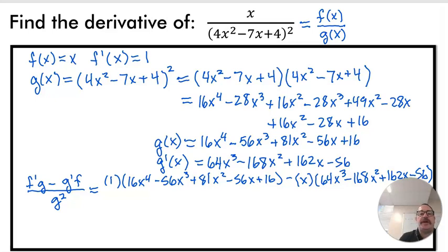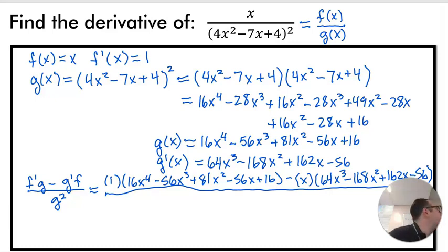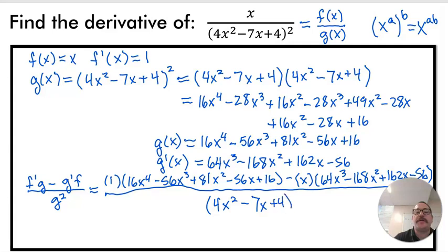So what happens when you square a square? What would your exponent be? Is it that you add them or multiply them? You multiply them together. So in our denominator, g is already 4x squared minus 7x plus 4 quantity squared. So remember from your exponent rules, when you apply an exponent to something that already has one, you multiply the exponents together. So in the denominator, we would have 4x squared minus 7x plus 4 to the fourth. That's when you raise it, though, whenever you multiply